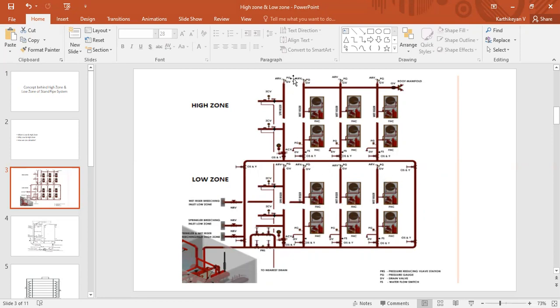After that, there are remaining floors. This is a schematic diagram, so you cannot see the floors, but think about the scenario where remaining floors are there after this low zone arrangement. For the remaining floors, the standpipe system and sprinkler system tapping is made before the pressure reducing station, from this line. So for sprinkler and standpipe system also, this zone is called the high zone, and this zone is called the low zone area. This is a typical arrangement of high zone and low zone of standpipe system.